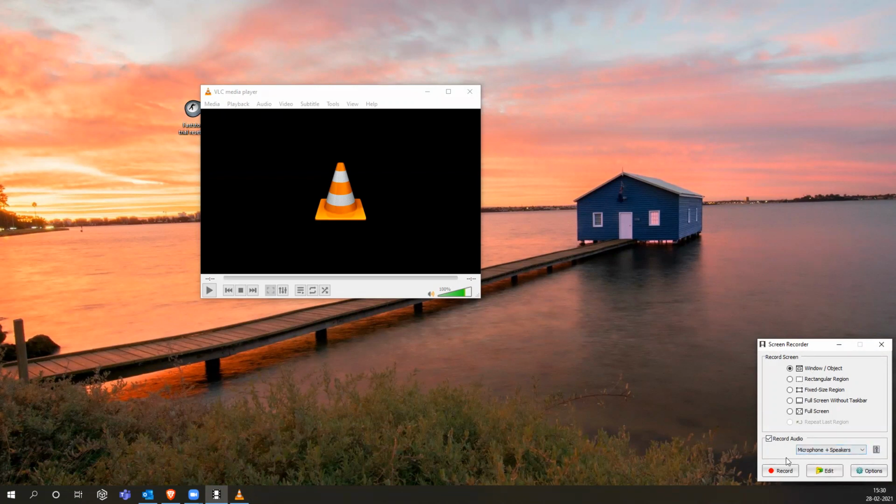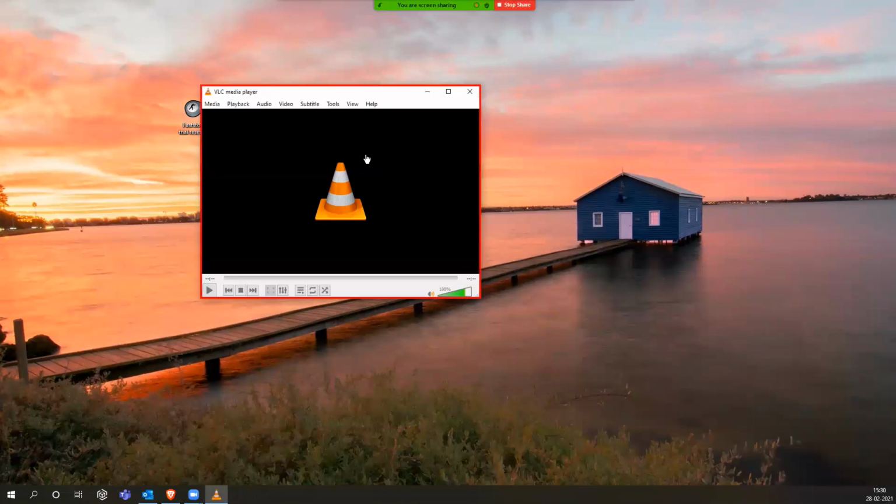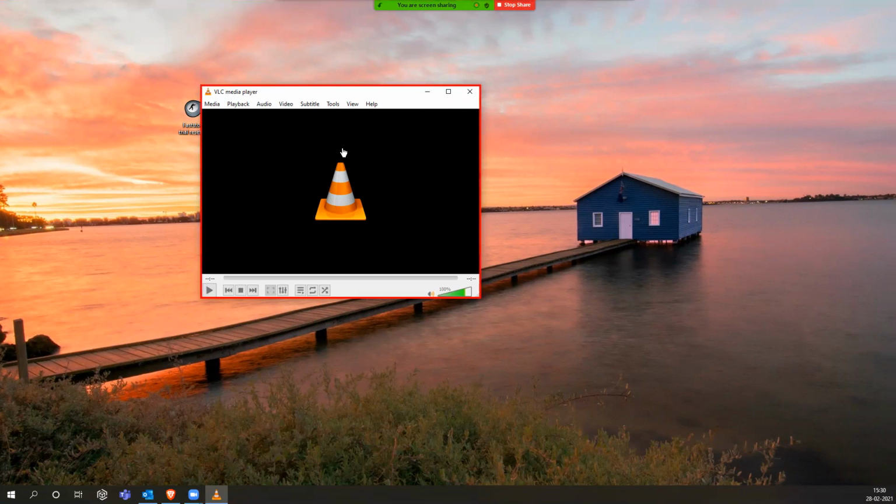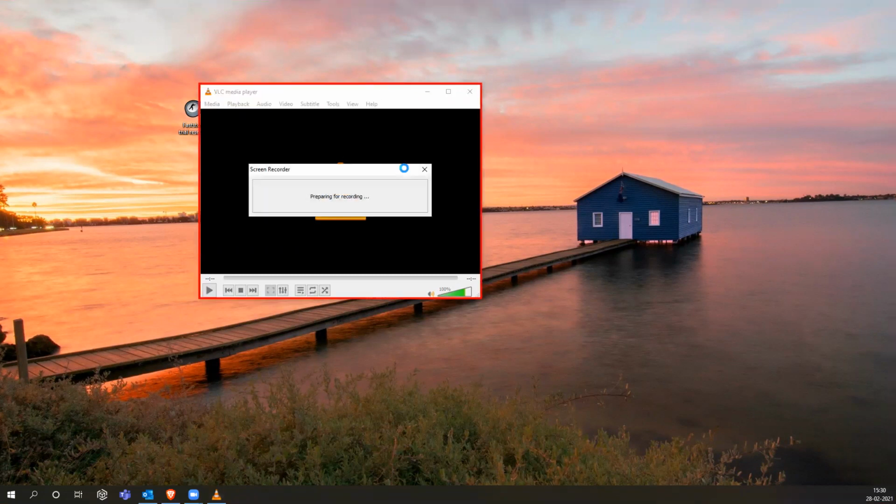So when I click the window or object, I need to hover over any of the objects, any of the windows, and when I click that one, the recording will start. Understood? So let me just stop this.